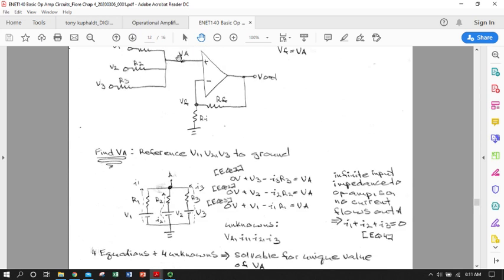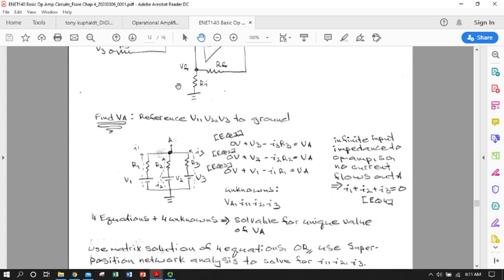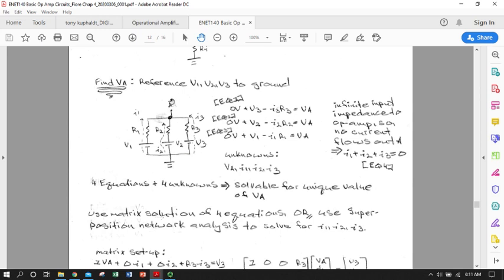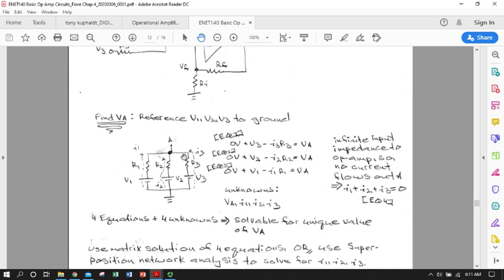Okay, so the key to all of this is what's V sub A in terms of all of these different voltage inputs and their resistors. So it's really just an AC or DC basic circuit analysis to get the voltage at this point. Well, the first thing we do is we remember that no current is flowing through, excuse me, V sub A, through point A, node A. No current flows into the non-inverting terminal in the op amp. We can use our other assumption. So we can redraw the circuit like this,